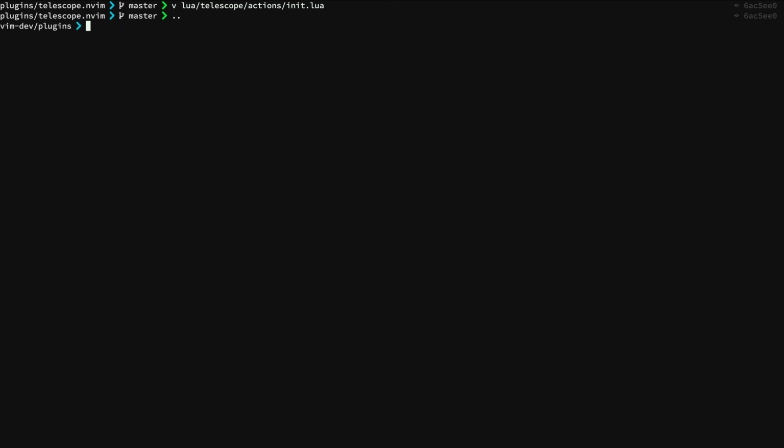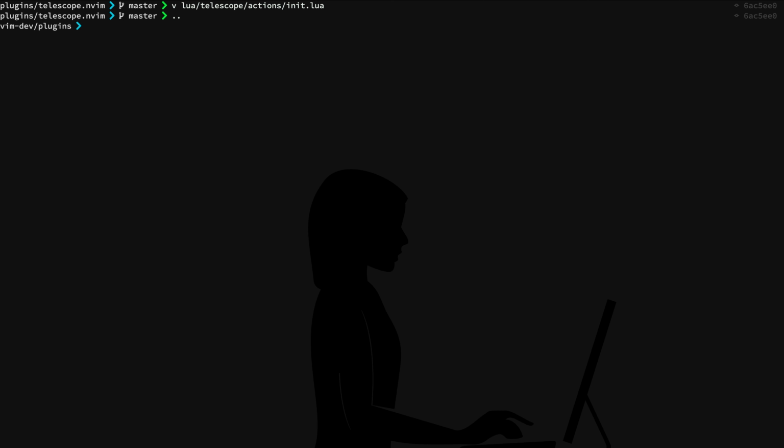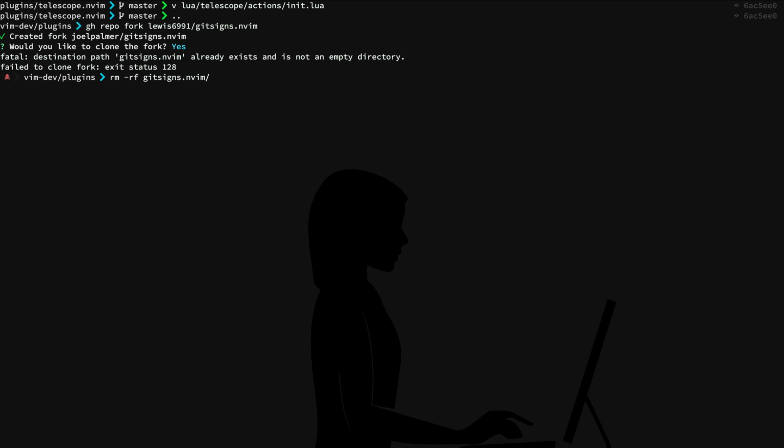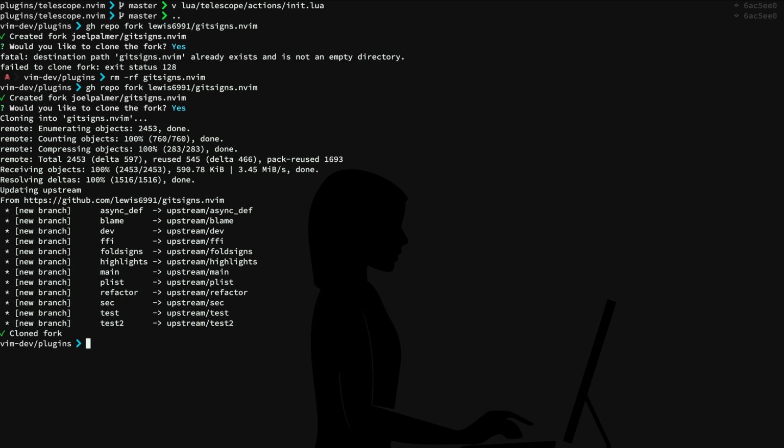what you can do is just fork the Git Signs repository. So using the GitHub CLI, you use the repo command and fork, and you go ahead and fork Git Signs, and it will ask you if you'd like to clone it, and I would. Oh, there we go. Let's try that again. Okay, would I like to clone it? Yes, I would. Okay, and now